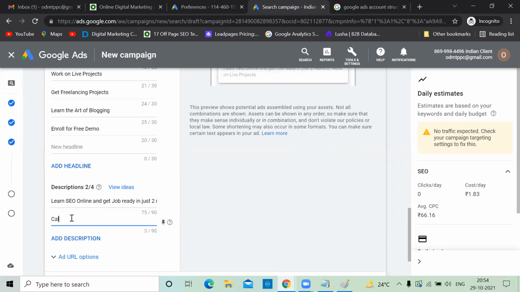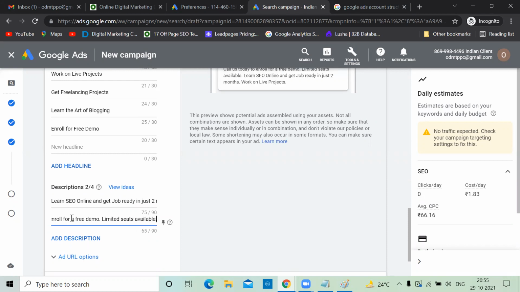I'll make a separate video on the ad copy. So today we're creating a search campaign. I don't want to spend much time. Ad creation is very, very important.